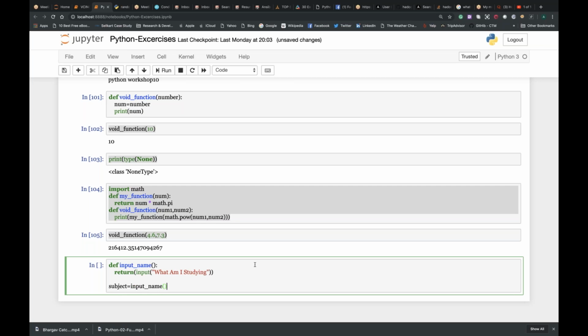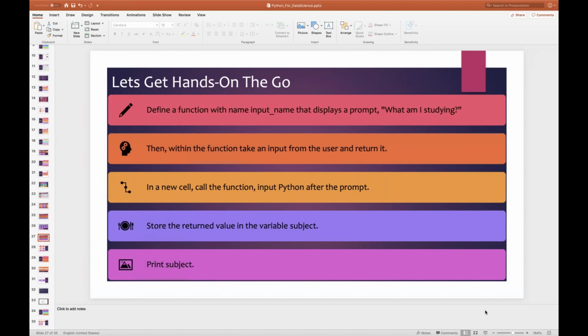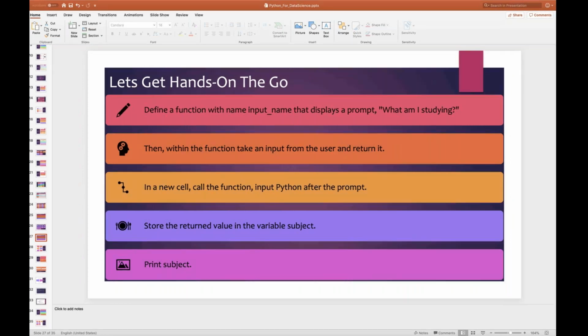Now let me run this program. What am I studying? Now guys, observe carefully. Till here I have done everything perfectly. Now in the new cell, call the function and input Python after the prompt.